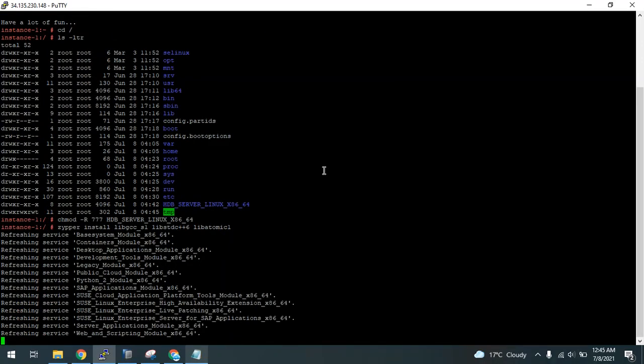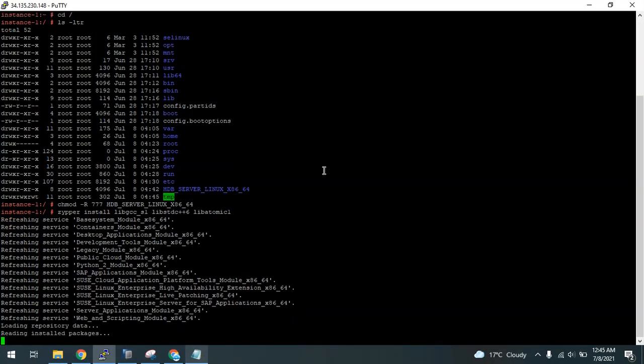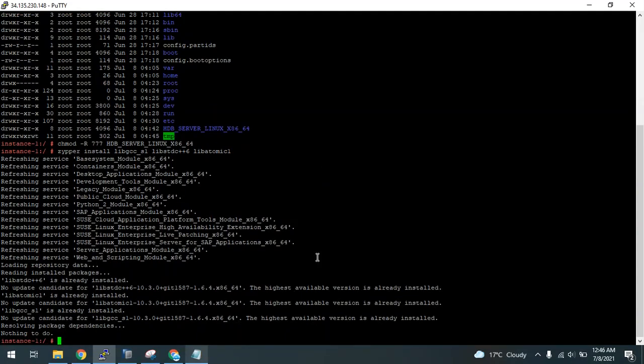All the packages will get updated so that we will be able to install HANA on it. You can see, as I have already added the packages, it just updated and it is showing that the packages are already installed. So make sure you run this command before starting your HANA installation. Okay, so let's start our installation now.